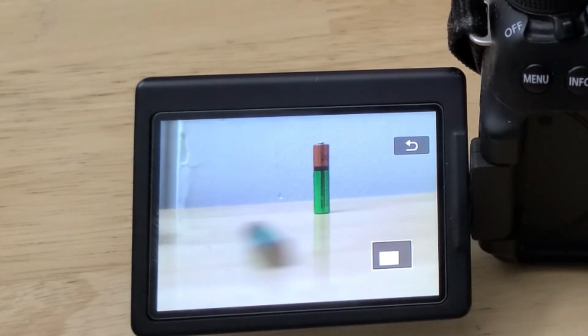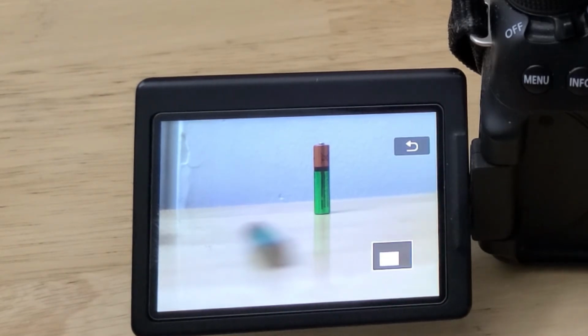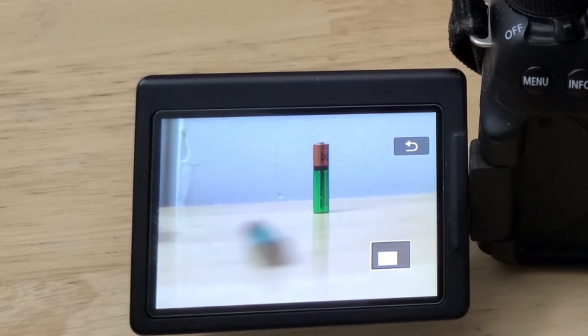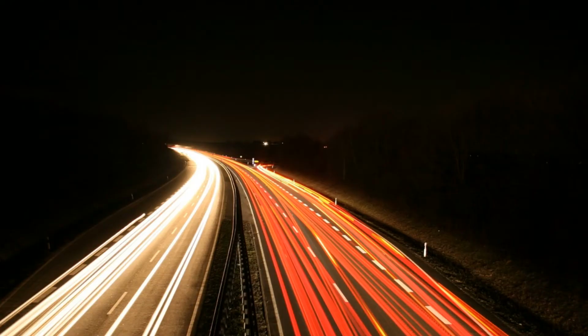So in this case, use of the battery moving around is of no use, but let's say you are trying to capture the lights of a car moving around. In the end, what you will see is a red or blue or whatever the color of the light is following a path, and that is what you can use it for.